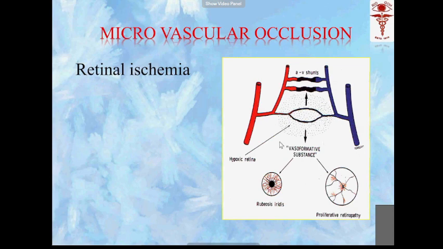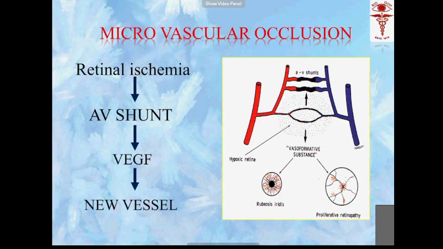Because of the extensive ischemia which also develops, there will be loss of blood supply to a particular area. Because of that, new vessels will start to appear. These are called, between the artery and the vein, arteriovenous shunts, and again these are not okay. And again, what happens because of the ischemia? There is increased expression of what is known as VEGF, vascular endothelial growth factor. This vascular endothelial growth factor promotes the formation of new vessels.